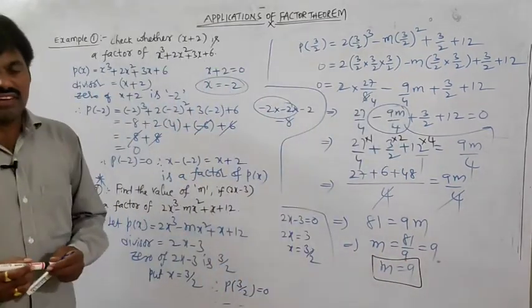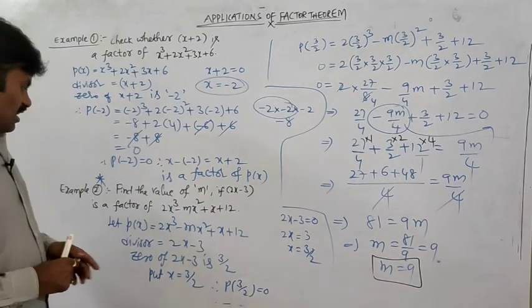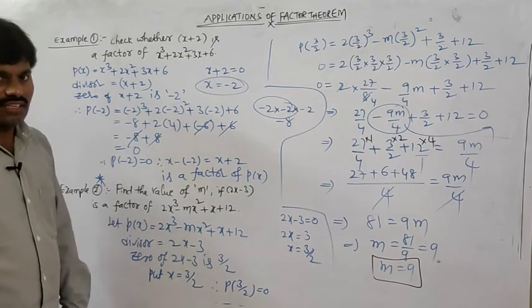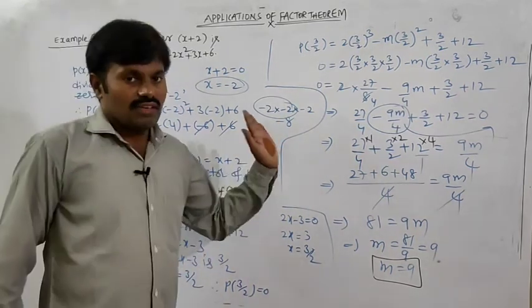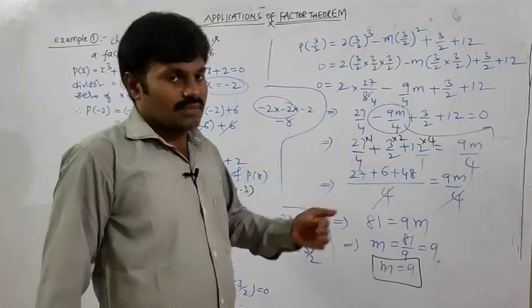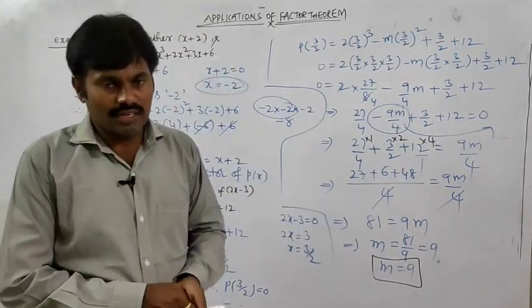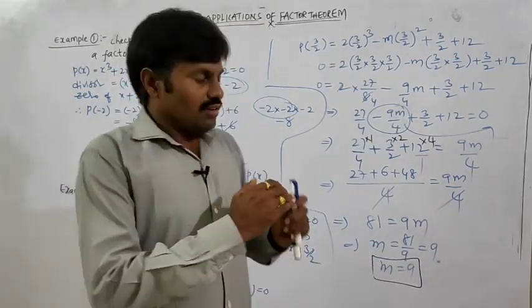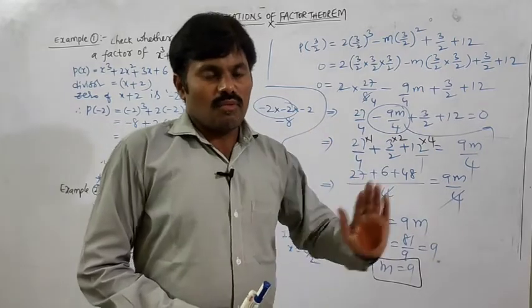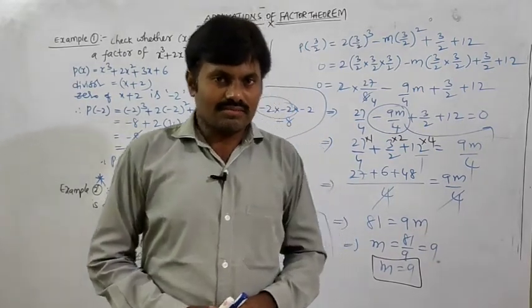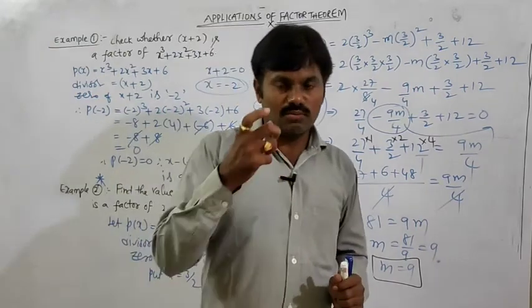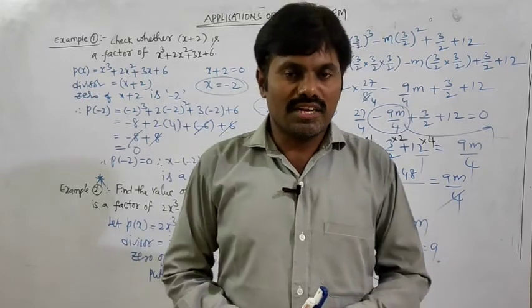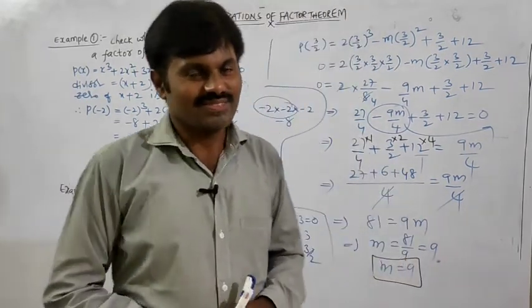So like this we can find an unknown quantity, the coefficient present in the given polynomial, if you know the factor. So this is possible by the factor theorem. The factor theorem is derived from the remainder theorem. Both are a little bit similar only. Okay, but most important for board exams as well as for competitive exams. I hope you all have understood the proof of the factor theorem and a few examples of applications of the factor theorem.